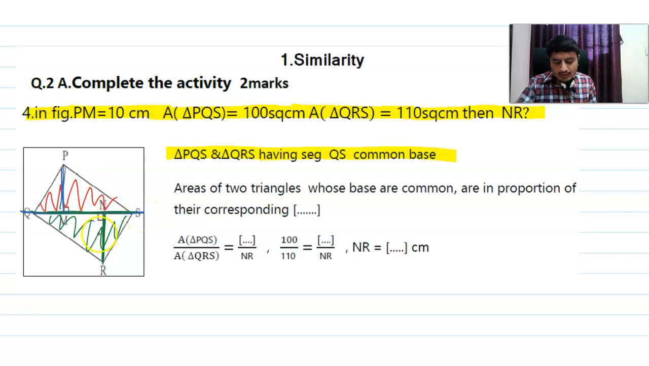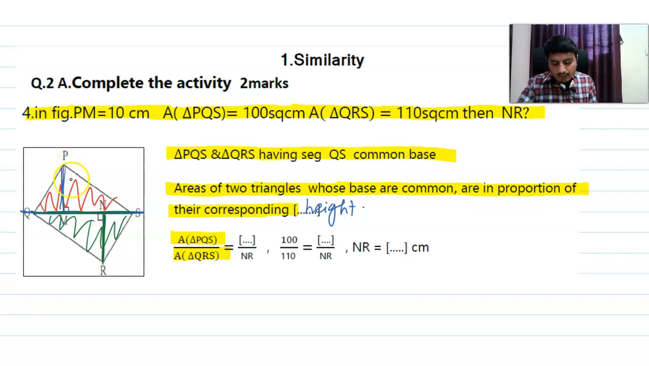So those two triangles have the same base, that is QS. So we can write that the areas of two triangles whose bases are common are in proportion to their corresponding heights. Once the bases are the same, area is proportional to their corresponding heights. So we have area of triangle PQS divided by area of triangle QRS equals